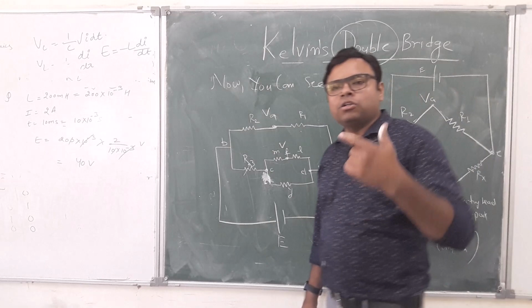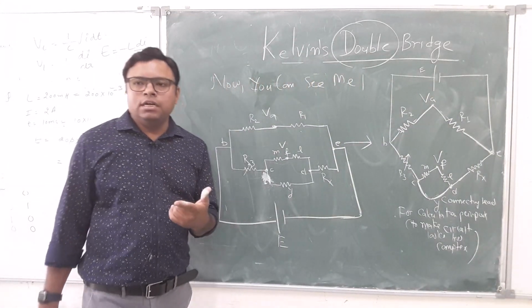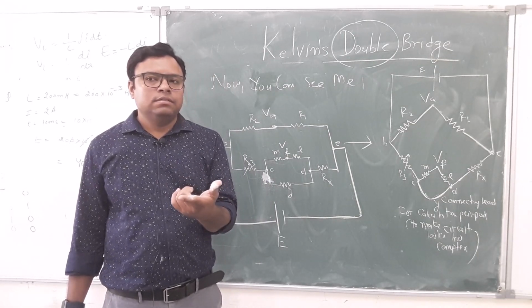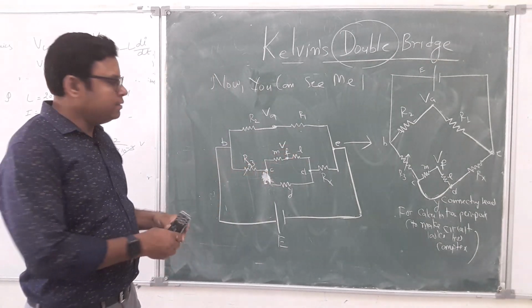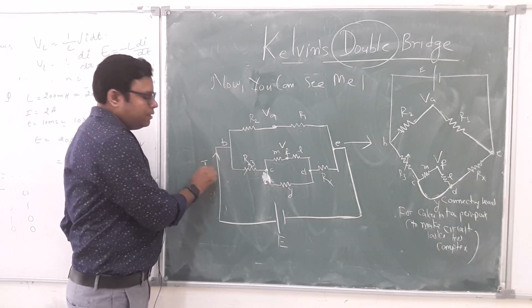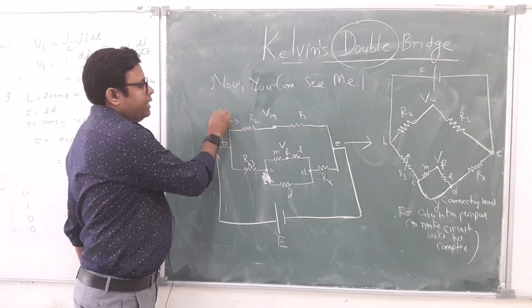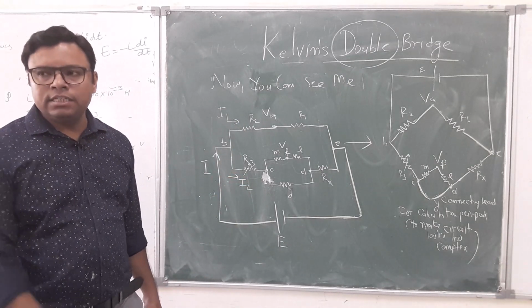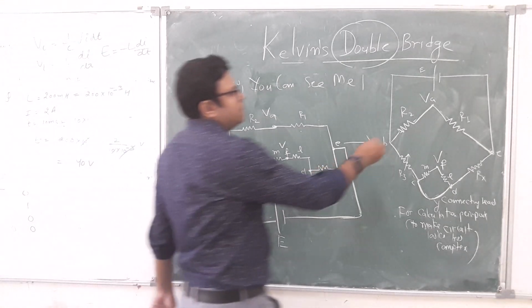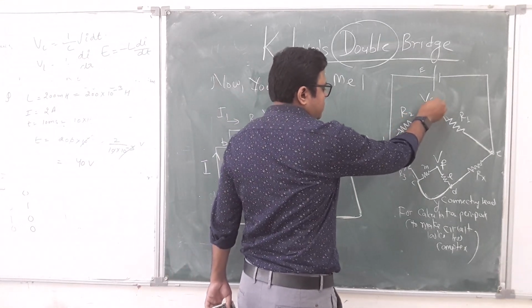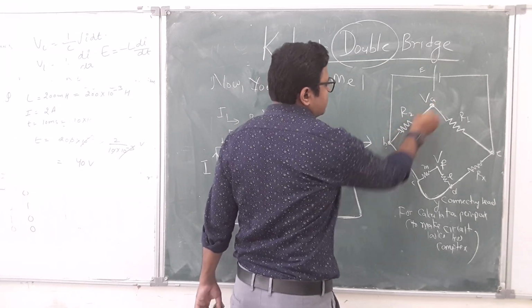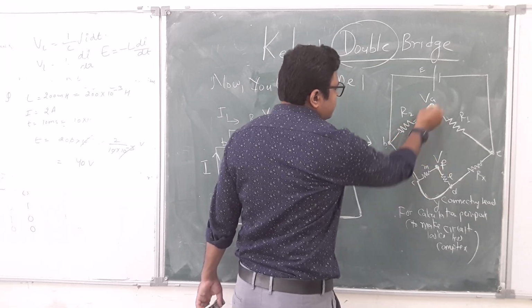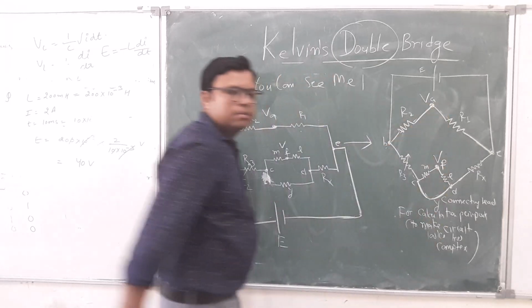But I will keep the thought process the same. In the Wheatstone bridge, how I approached it, if you remember, what I did: I said that this is a parallel circuit. So if a current is coming from here, it will split into I1 and I2. We did this. And the second thing we did is that the voltage drop from A to B is the same as from B to C, from B to A.